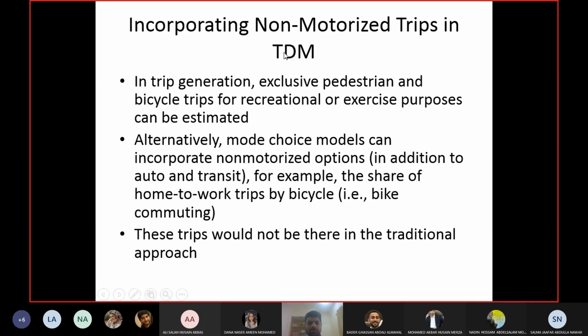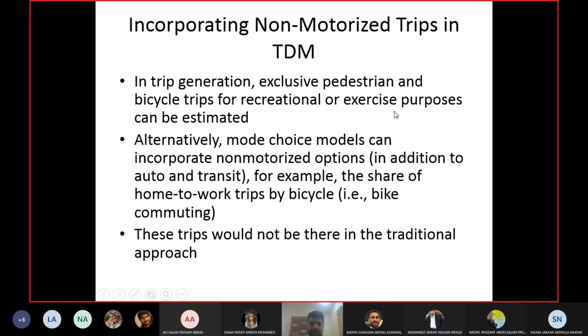So by default, non-motorized modes are not part of the TDM model or not focused on in a TDM model. So how can we incorporate them? At the trip generation stage, you can add pedestrian and bicycle trips which are taken for recreation and exercise purposes.